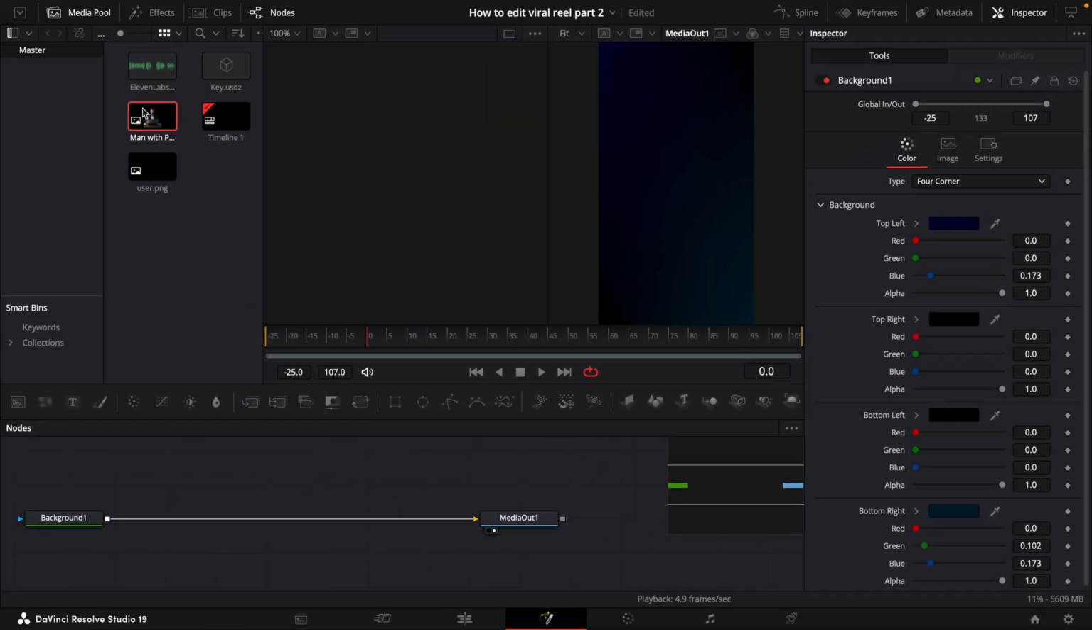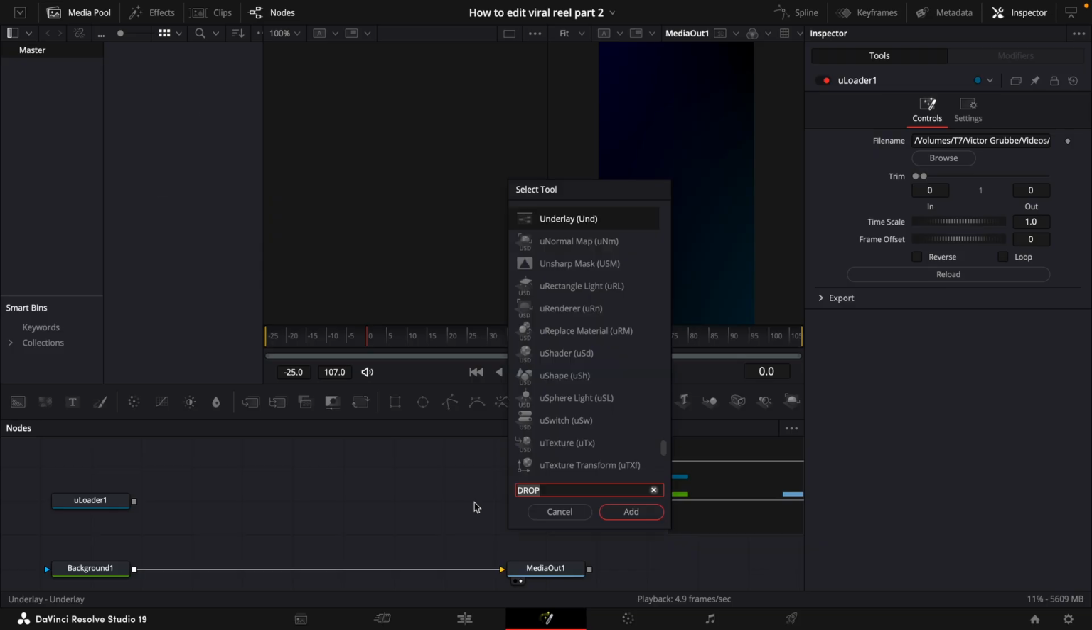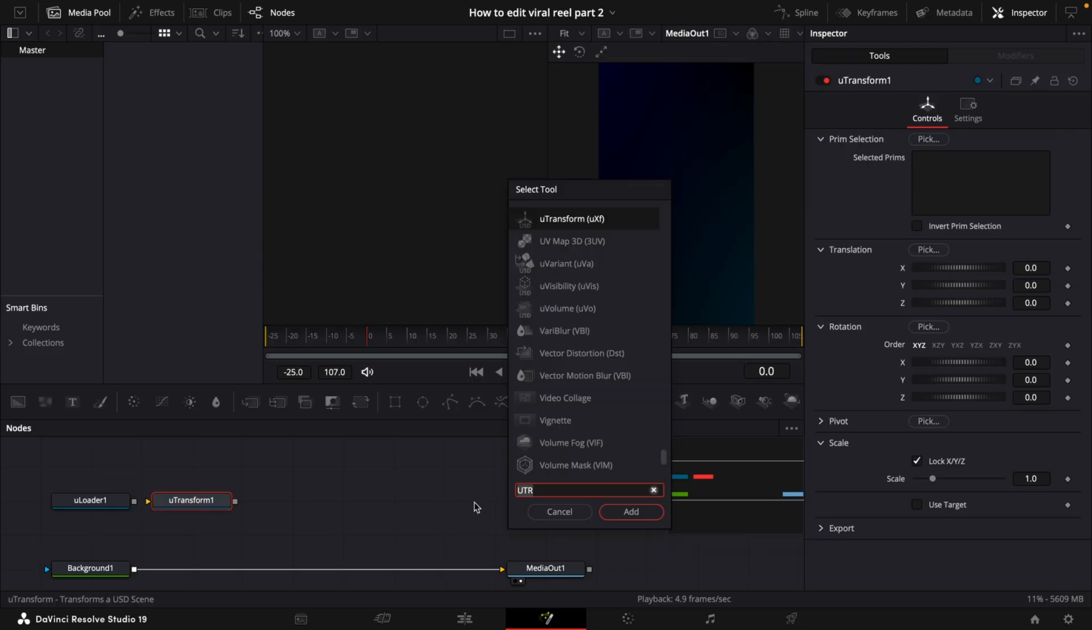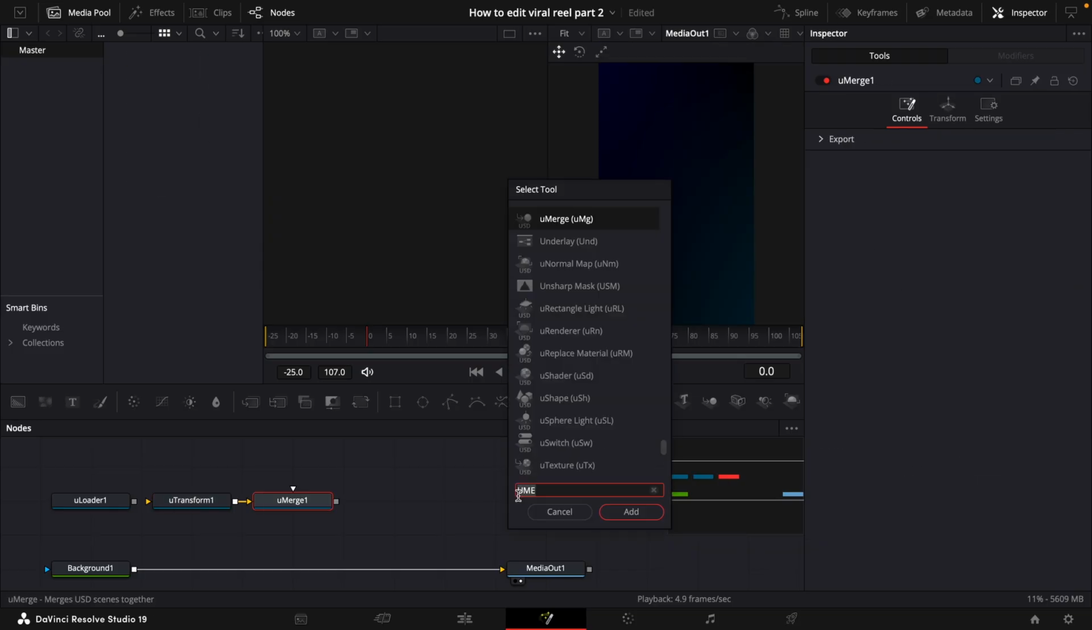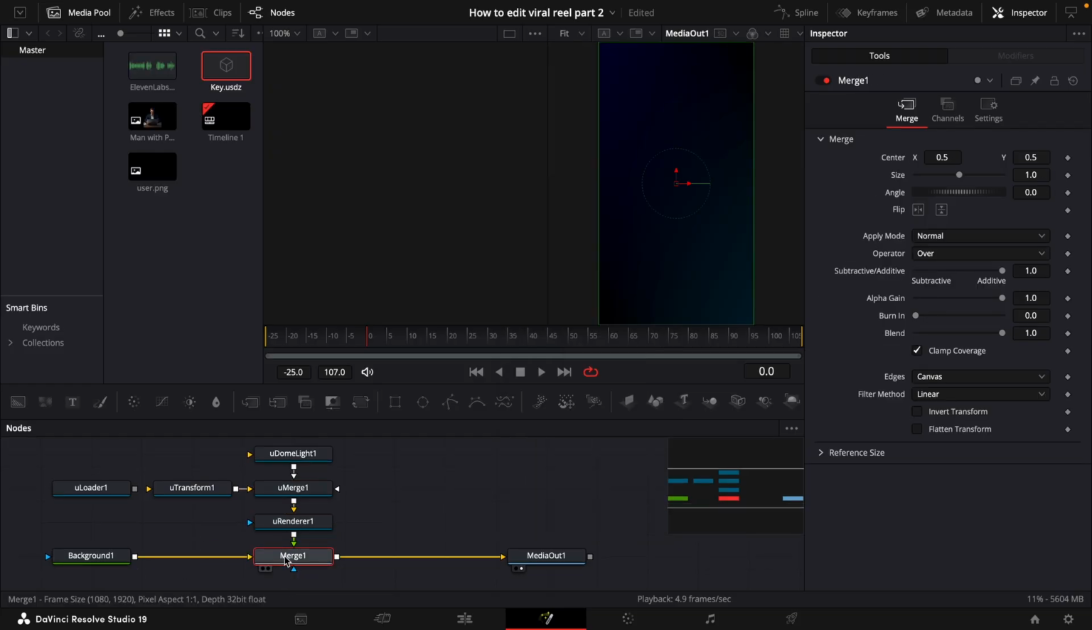Then you will just go ahead and add this key USDC file, and a USDC file is just a format for 3D files, so I will just go ahead and add it. And when working with these USDC files, we are using the U nodes in DaVinci Resolve. So just type U transform, and you will add a U merge and a U dome light and a U renderer. Then add the background like this to get a merge in between,